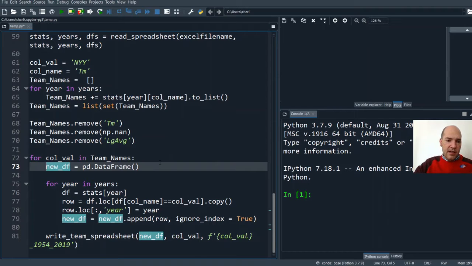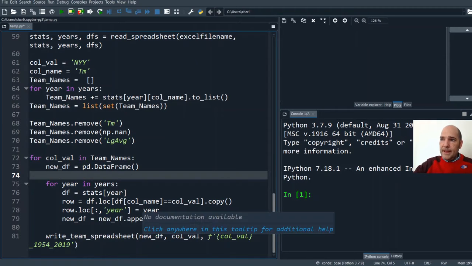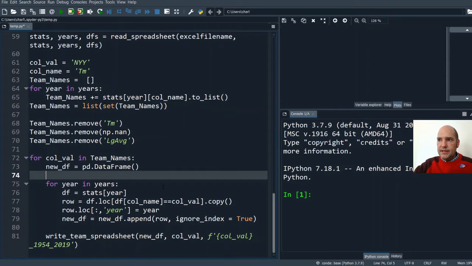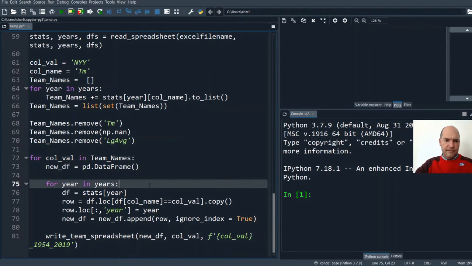But we're not done yet, because I've already done this, so I know all the mistakes, and I'm helping guide you through them. If you do this on your own, you'll find these mistakes and you'll have to figure this stuff out yourself. But that's why you're here, because you want some help. So the first thing we want to do is, sometimes the team name that's going to be in the list of names won't have existed back in 1954, right? So you'll be looking for data that exists in 1954. It's not there. So inside of this loop here for year in years,